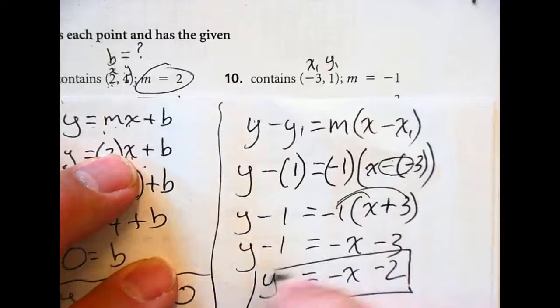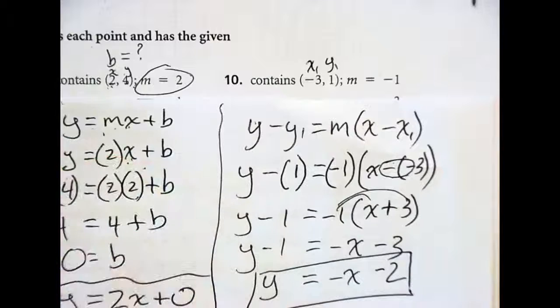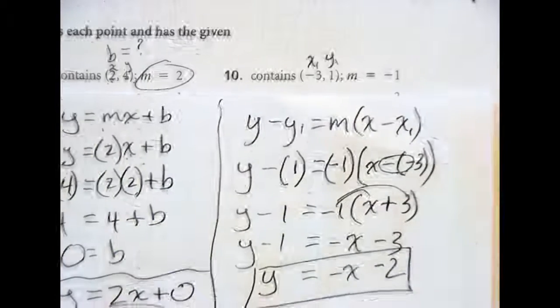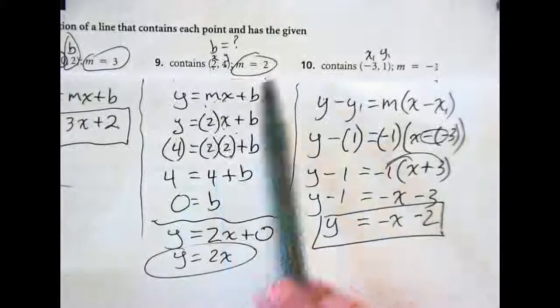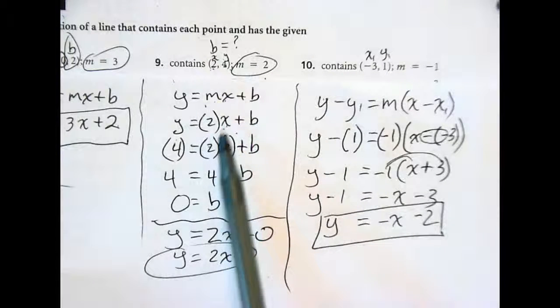Okay, so you have two different methods. You could use point slope form, or you can use your slope and the point to find b and then write it. It's up to you. Your assignment is